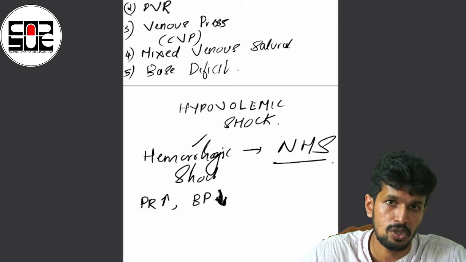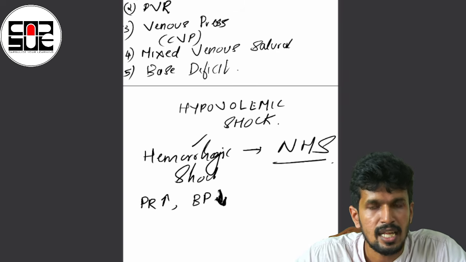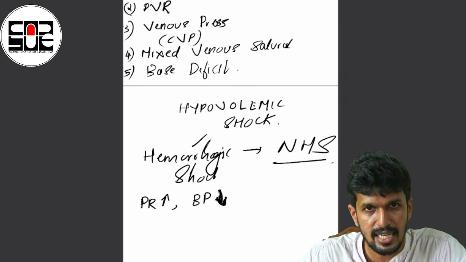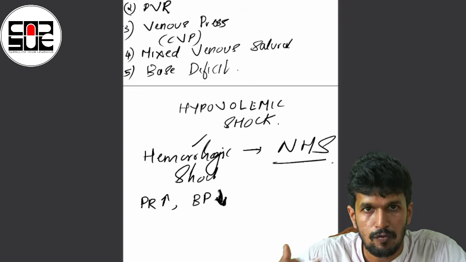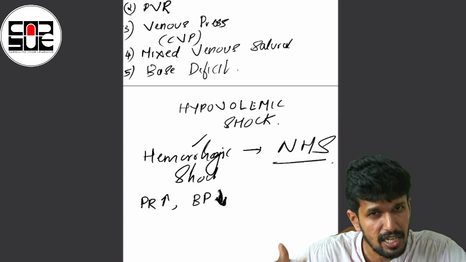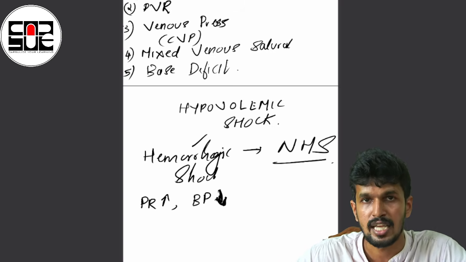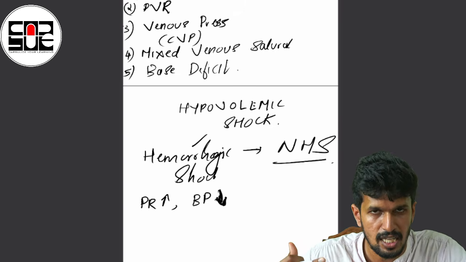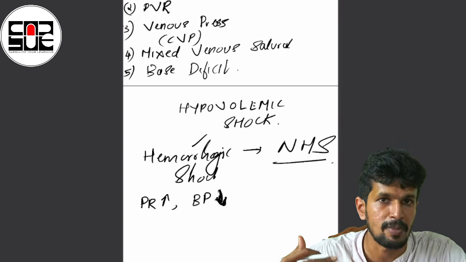Examples of non-hemorrhagic shock which you can see. Basically, non-hemorrhagic hypovolemia means either the intake of fluid is less or the outflow of fluid is more. Intake, when it comes to malnutrition, or outflow, that is, if there is significant diarrhea or significant vomiting, and the patient is not able to tolerate orals. If the patient is not having any oral intake, but is having continuous diarrhea and continuous vomiting, that can lead to hypovolemic shock.